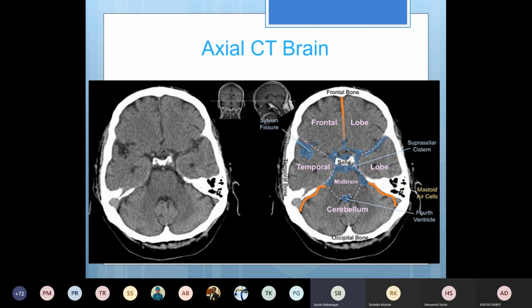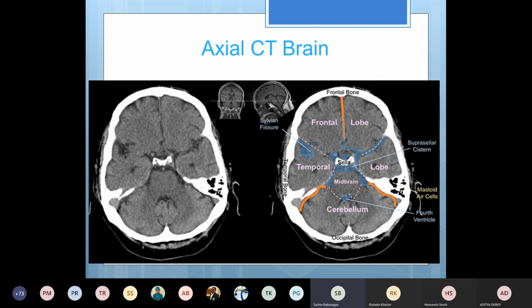A little more inferior section. This is the right temporal lobe, right frontal lobe, left frontal lobe, basal sections, right temporal lobe, left temporal lobe. This is the pons, the midbrain-pons transition. And here you have the peduncles. You have the superior, middle and inferior cerebellar peduncles connecting the midbrain, pons and medulla to the cerebellum on the right and left sides. And here you start seeing the fourth ventricle.